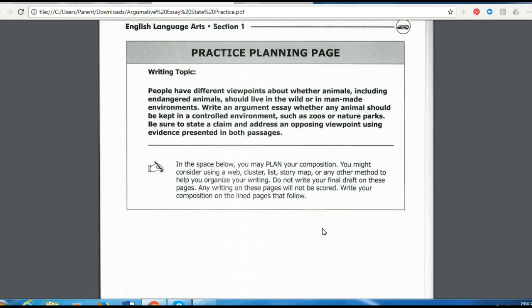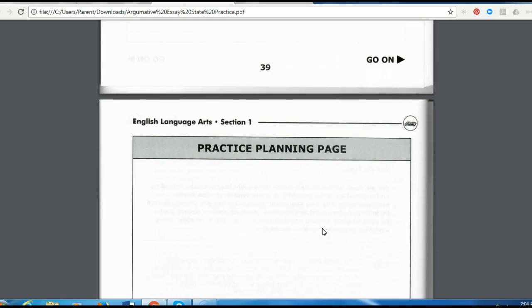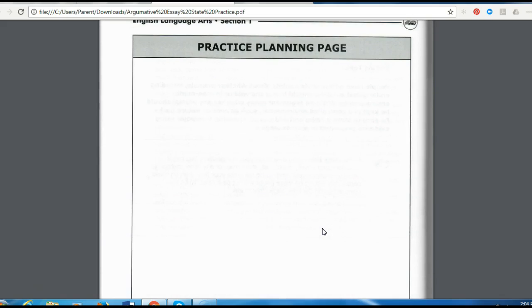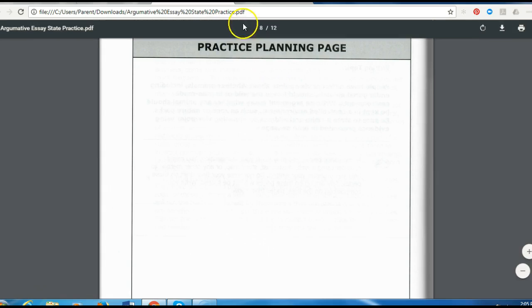It doesn't have to be detailed, but you do need to actually put something down. Again, you should be typing yours, and so I would not try to do a web or something too complicated. I'm going to show you here in a little bit a very easy way to make an outline that includes your claim, supports your evidence, includes your warrants, and also deals with the counter arguments. So let's go look at